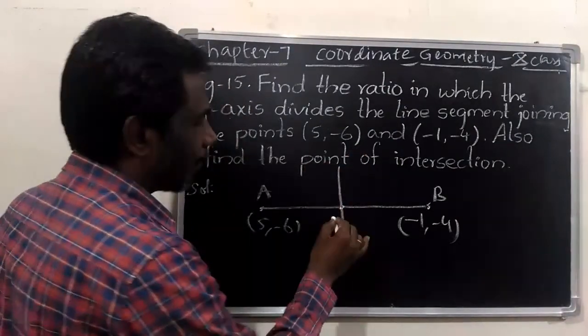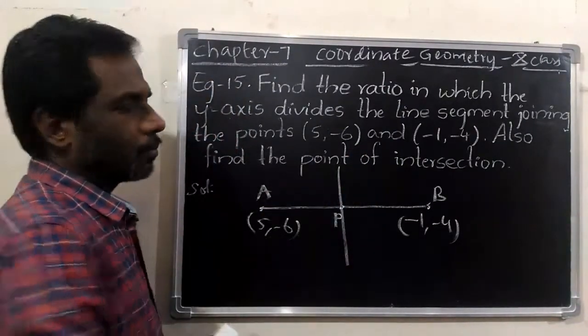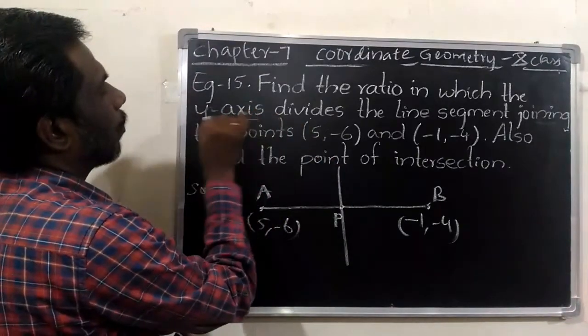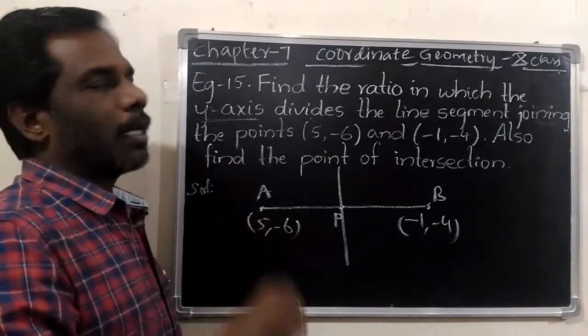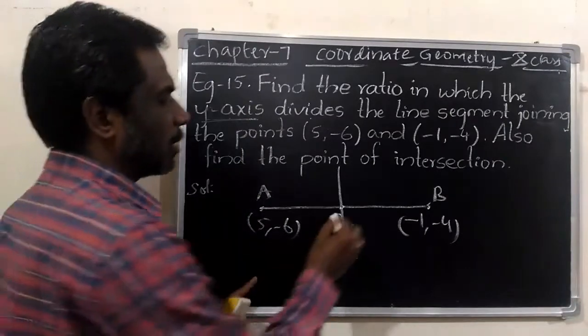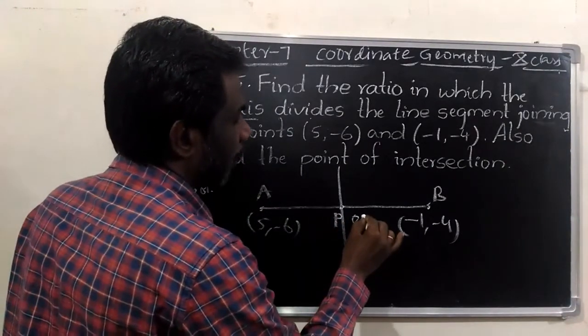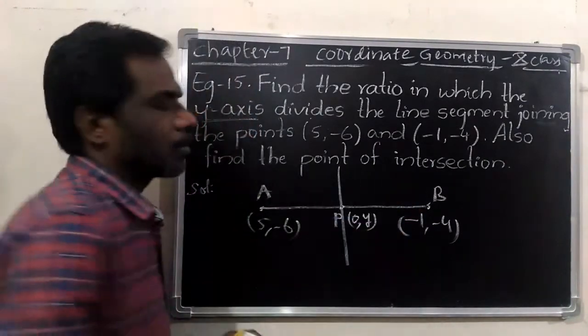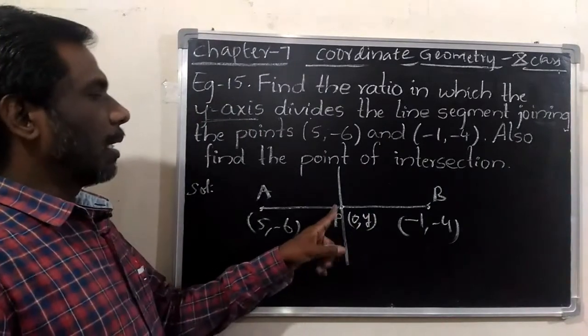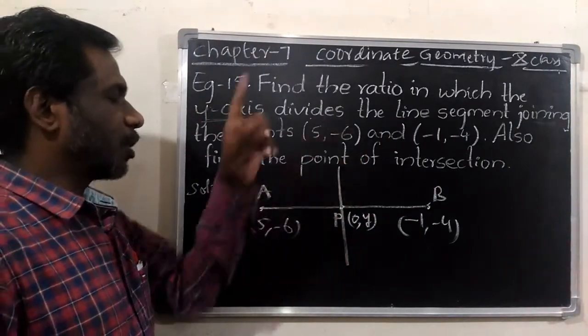Let the dividing point be P, which is on the y-axis. Any point on the y-axis is in the form (0, y). So I am taking the dividing or intersection point as